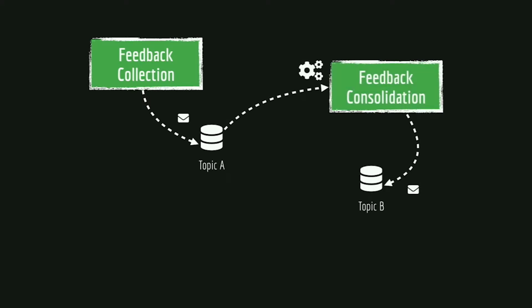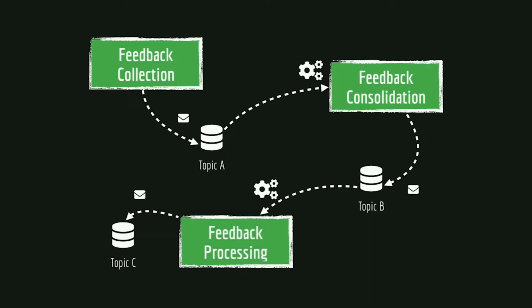We write to a topic. We have a streaming process listening to that topic and doing some changes to the payload to ensure that everything is unified. We write the unified schema to a different topic, and then we process the information that we received by adding new data there. And that gets written to a different topic.